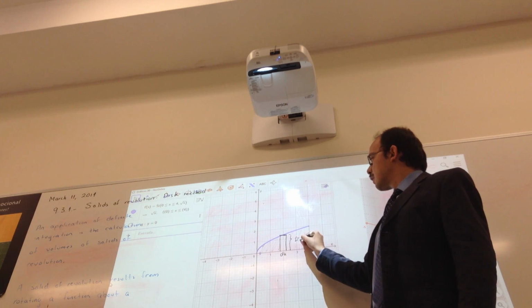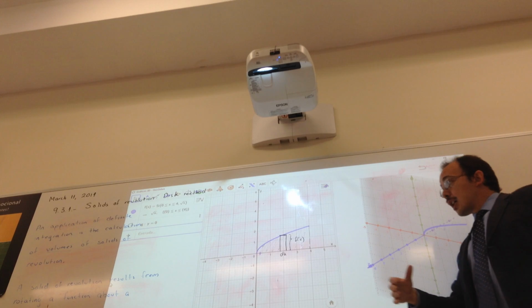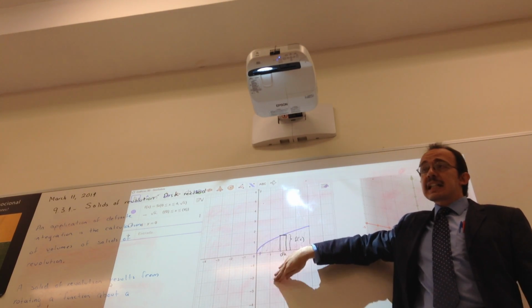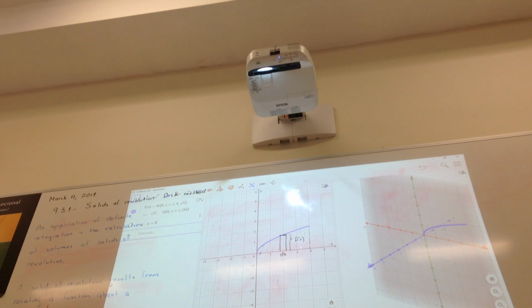f of x, which in this case will be square root of x. Okay? Now imagine, what I'm going to do is rotate this figure about the x-axis. Okay? So in this case,